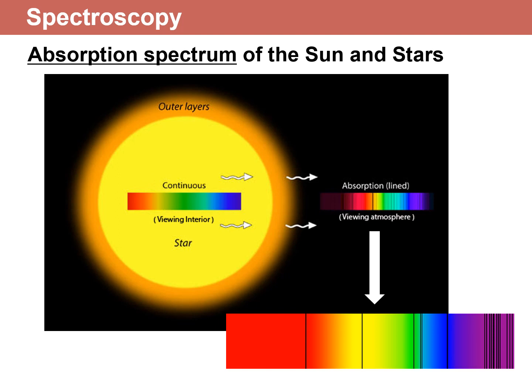But then in the outer layers of the sun, this continuous light has to pass through the gas, the outer atmosphere of the sun. And as a result, what do we get? We get an absorption spectrum. So this is the absorption spectrum of the sun. The continuum tells us that it's a material that's emitting a broad range of wavelengths, and surrounding that must be some gas that's absorbing these specific wavelengths.